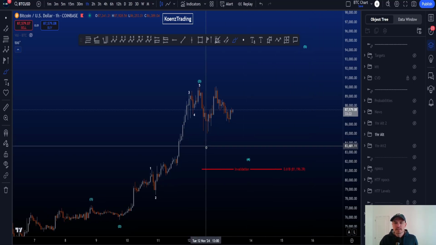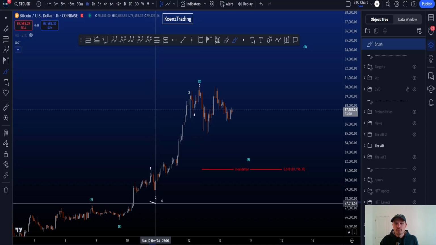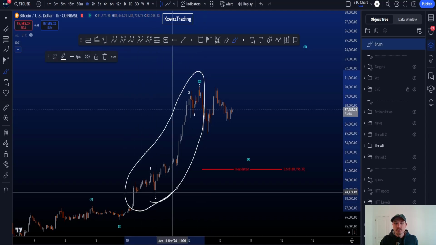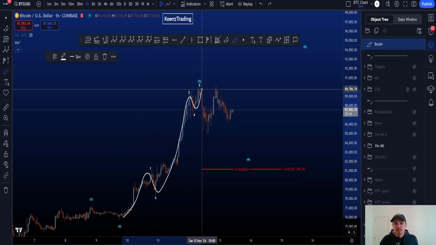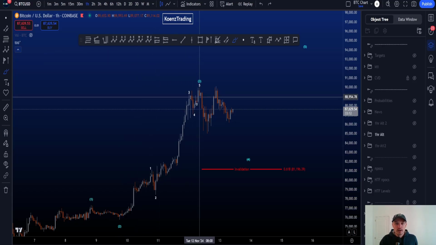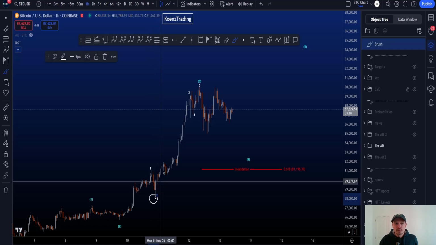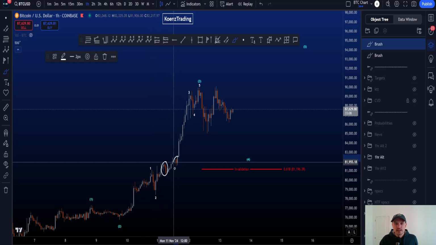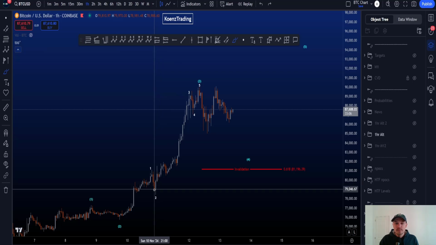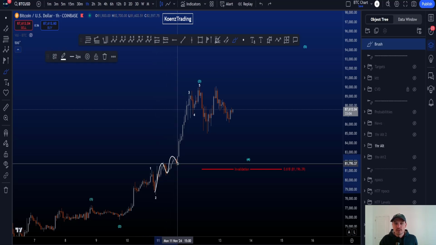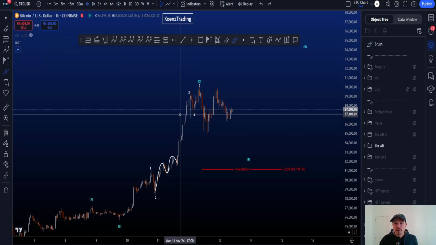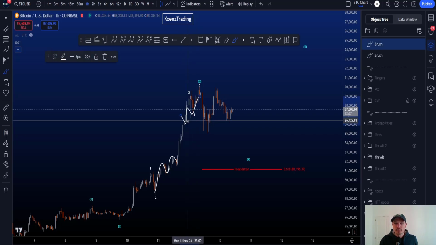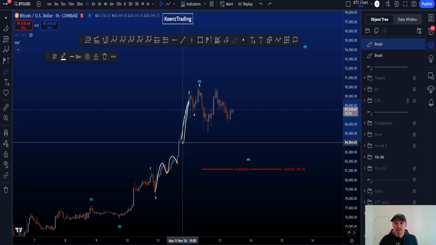Now the reason that this is an alternative scenario at the moment is because of your wave 3 here towards the upside. Because here we then have a 1, 2, 3, 4, 5 finished impulse in white. However, after this wave 2 here, you can see that price created 2 more ranges. If you count this as a 1, 2, 1, 2, then before the white wave 3 here, we need to count a 4, 5, 4, 5, which at the moment, as you can see, is a bit tricky because it's